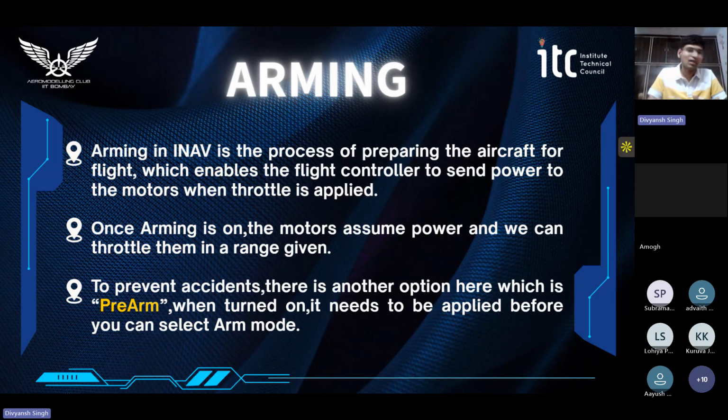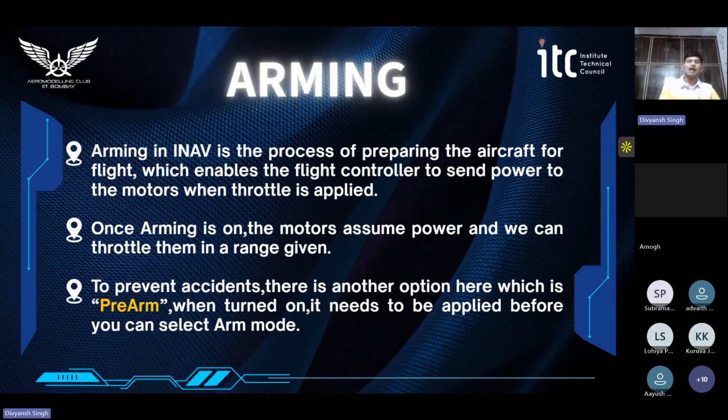To send power to the motor connected to the propeller, you first have to arm it. Arming is the process of sending power to your motor, and to prevent any accident from unintentional use of the transmitter, where by mistake you move some joysticks on the transmitter,